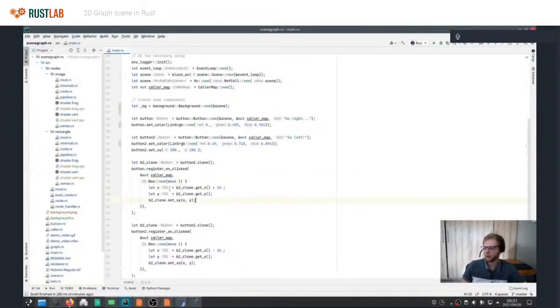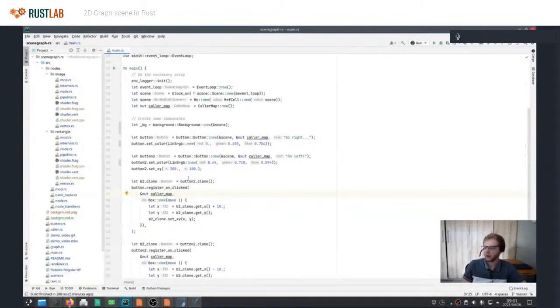But in order to use a reference on a closure that you just store somewhere, for instance, I want to store this inside the button so that I can run it every time the button is clicked, it needs to be a reference of a static lifetime, which is a very hard constraint to put on something, and it's not a constraint that I want to put on stuff.